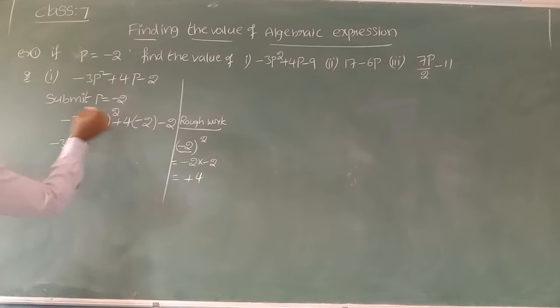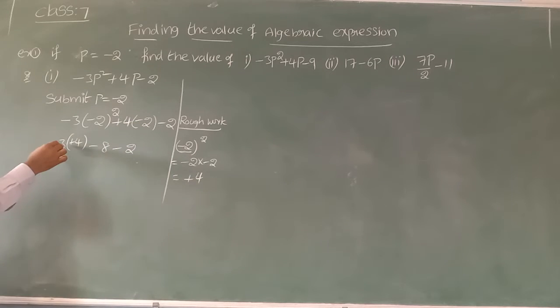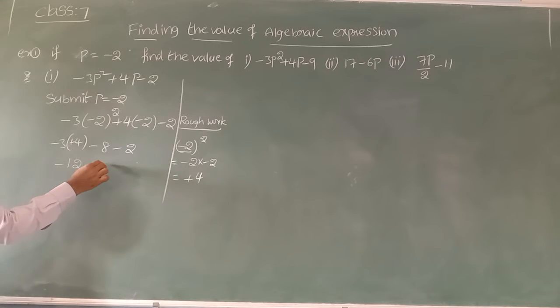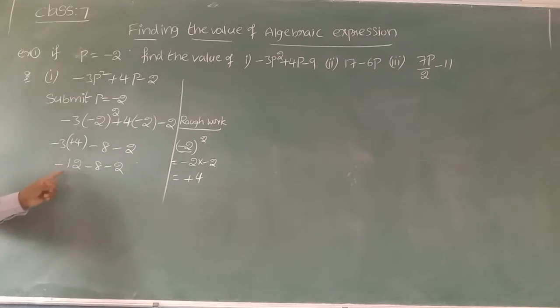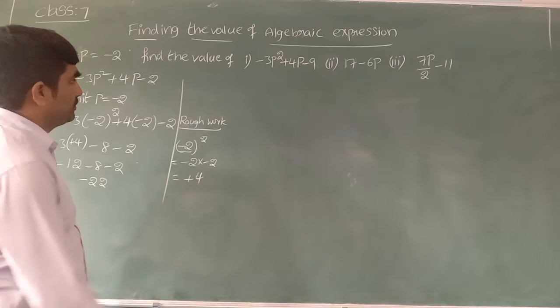These both we can multiply directly, because there is no power. So plus into minus is minus, 4 eights are 32, minus 9. Now we have no power, so multiply the symbols: minus into plus is minus, 3 fours are 12. So we can write minus 12, minus 8, minus 9. Simplify all this: minus, minus, minus, all have the same symbol. Addition: 12 plus 8 is 20, 20 plus 9 is 29. So after addition, write the bigger number's symbol, which is minus. That is the way you can find the value of the expression at the given value.